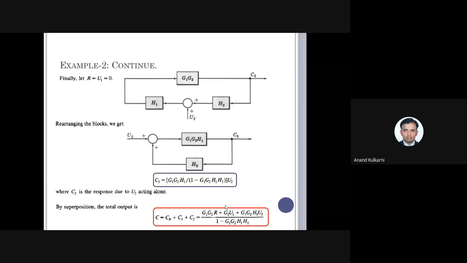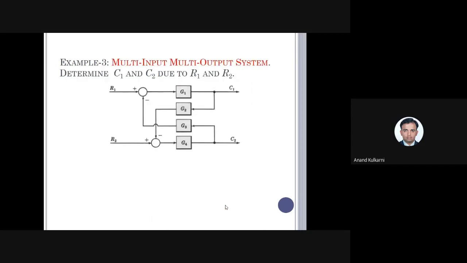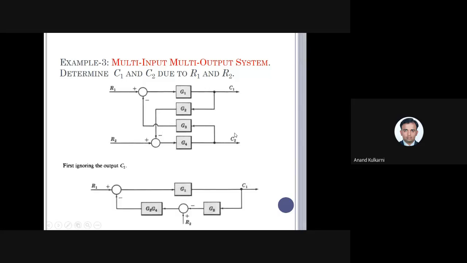Is it clear? Remember, after simplifying, when you made your input 0, we get again, as I told, a very simple block diagram, as in the case of cascading and feedback. So it will not be much complex now. Whenever this problem is given, don't get confused or frightened by this complex-looking block diagram. These are very simple things.